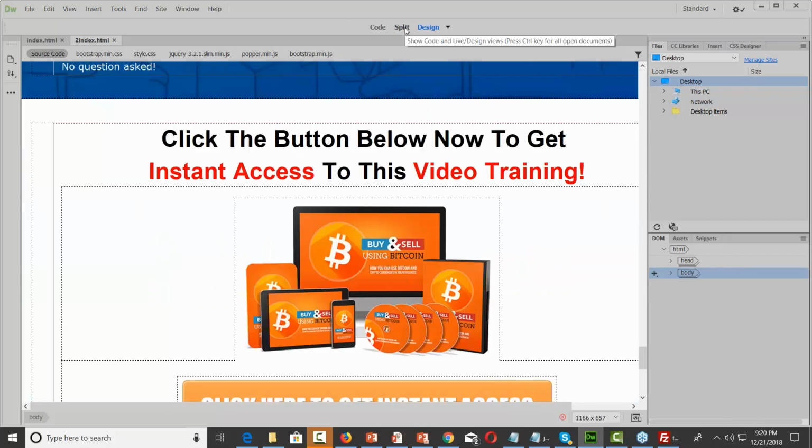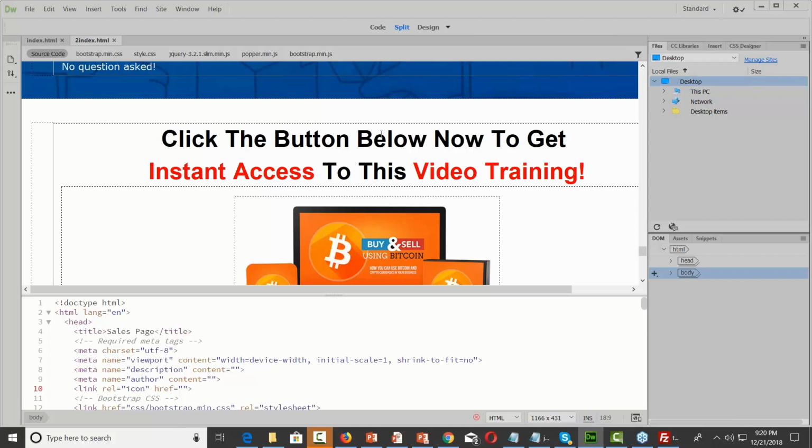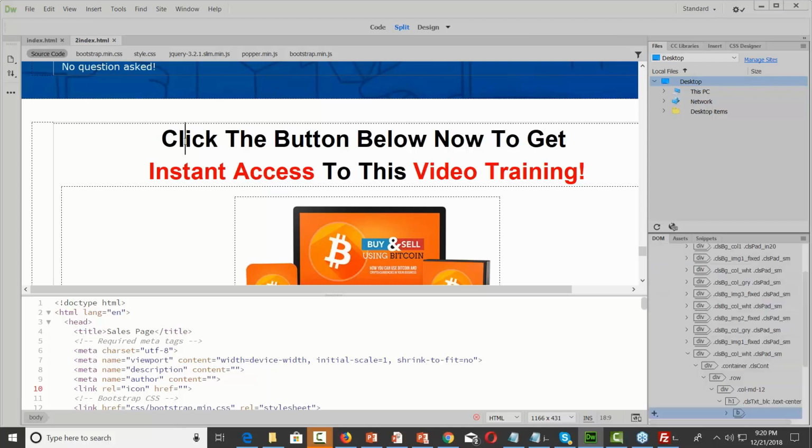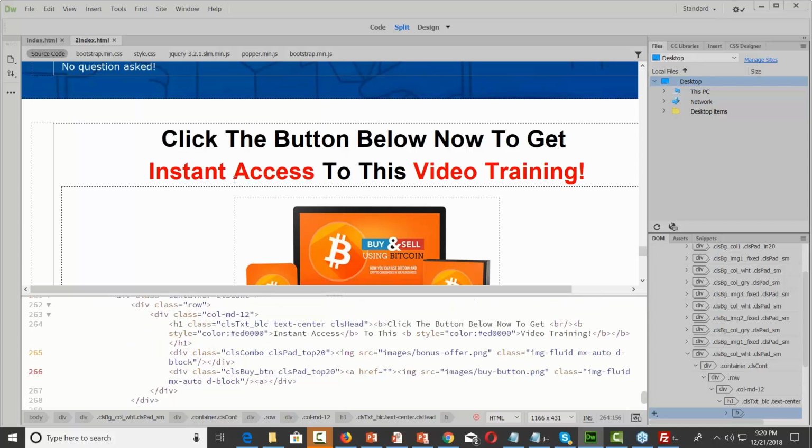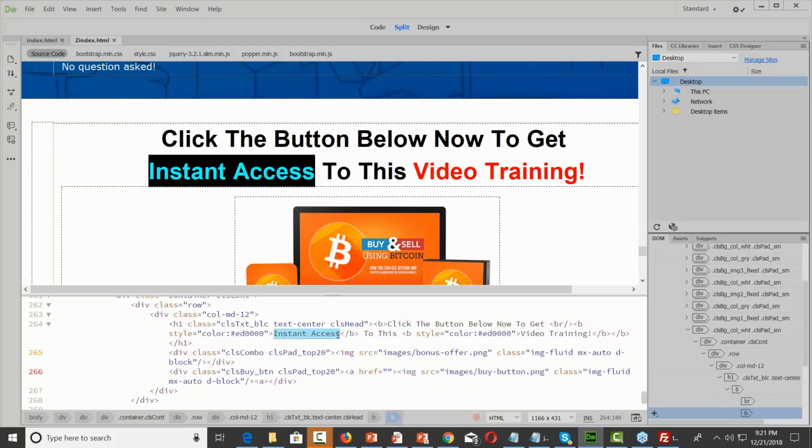So what I'm going to do is go to my split screen where I can see the code and design at the same time. I'm going to double click this so I can find the code. Right, so there's my code. Click this button now to get to this instant access. So what do I want to do? Well, maybe click the button now to, let's say, also get access to. I'm going to change this where it says instant access. I'm going to say that. Also get access to